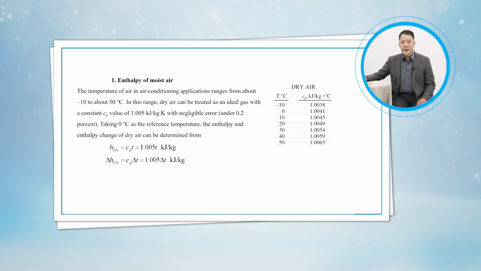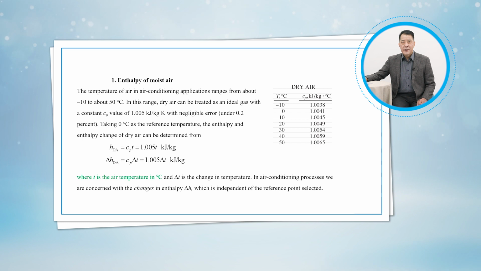Taking 0 degrees centigrade as a reference temperature, the enthalpy and enthalpy change of dry air can be determined from this relation, where T is the air temperature in degrees centigrade and delta T is a change in temperature. In air conditioning processes, we are concerned with the changes in enthalpy, delta H, which is independent of the reference point